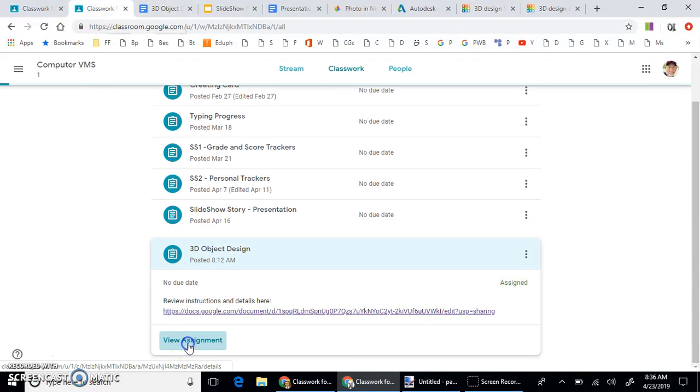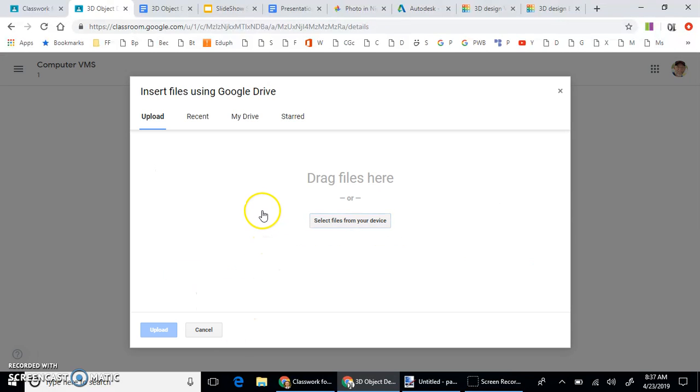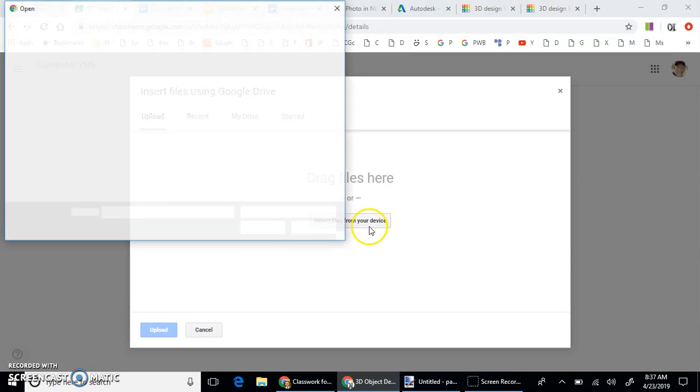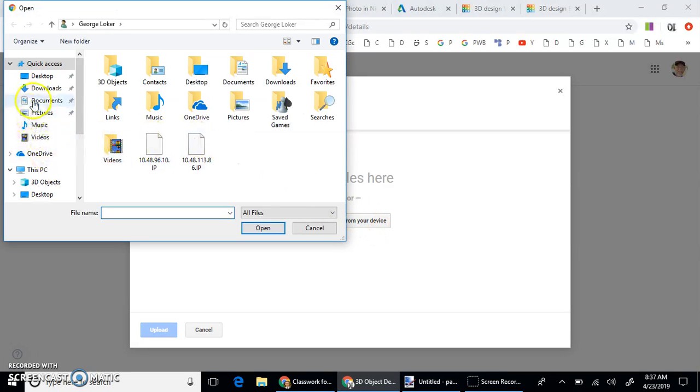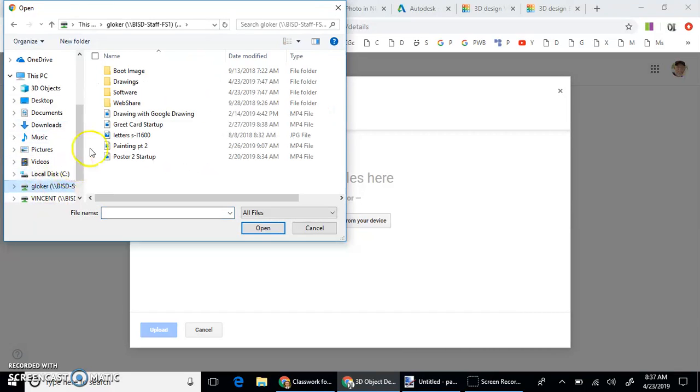So you will export as an STL and go back to your classroom assignment, and you'll click on View Assignment. Click on Add in this case, since this is outside Google Classroom. You'll click on File. You'll navigate to where your files are on your computer. Select Files from your device, and you'll need to find where you put your STL. Hopefully you put it in your L drive, and when you navigate to your L drive, you'll go